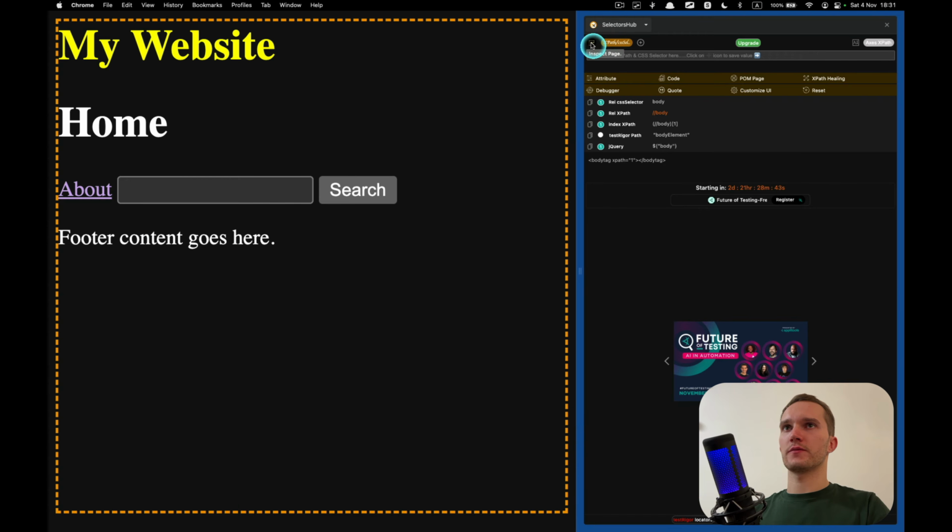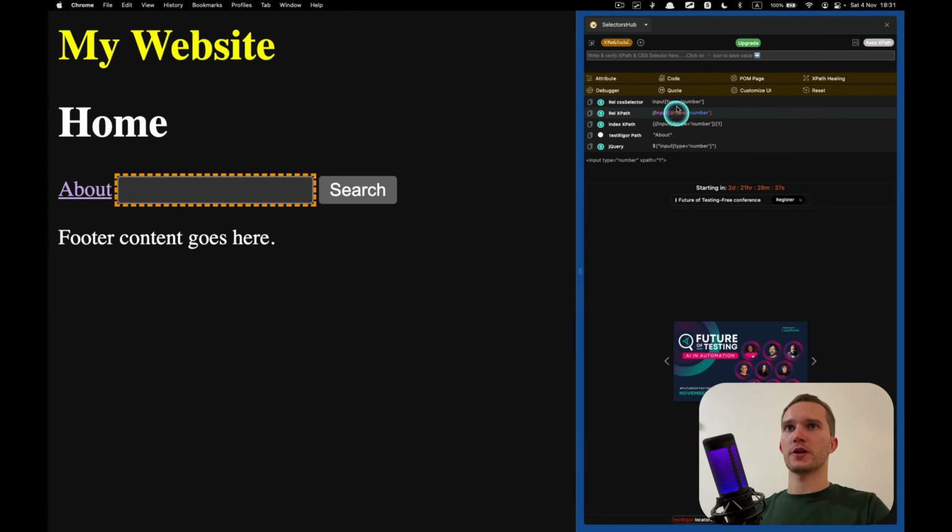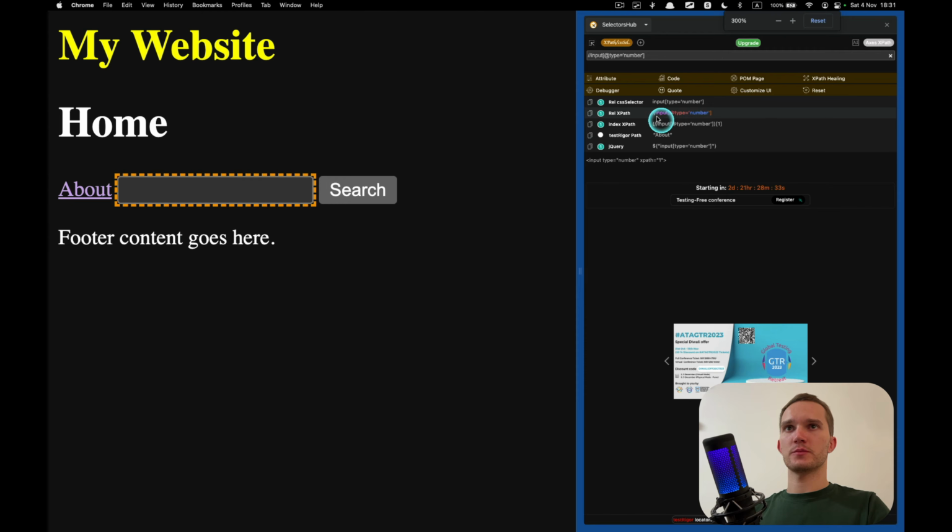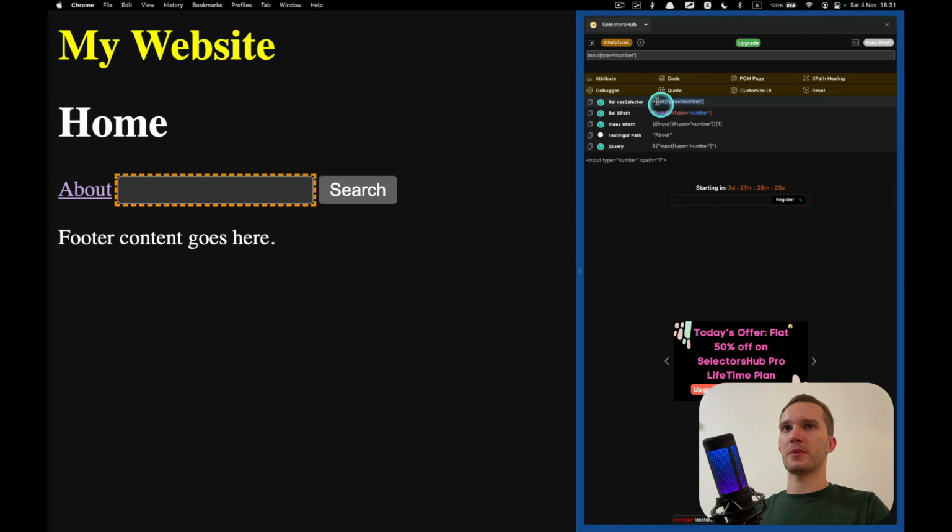So here we have the inspect button. Let's click on this input. Okay. Unfortunately, I cannot zoom in this extension, but it says input type number. Okay, yeah, this is what we want. This is XPath. And CSS input type number. So if you remember what CropPath extension generated for CSS, then this one is way much better.